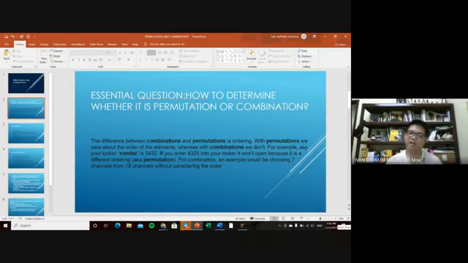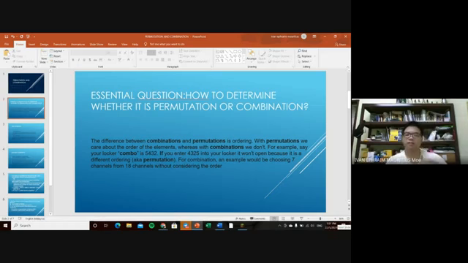Essential question: How do you determine whether it is permutation or combination? The difference between combinations and permutations is order. With permutations, we care about the order of the elements, whereas with combinations, we don't. For example, say our lock combo is 453,